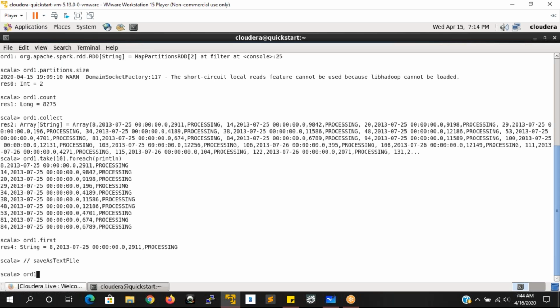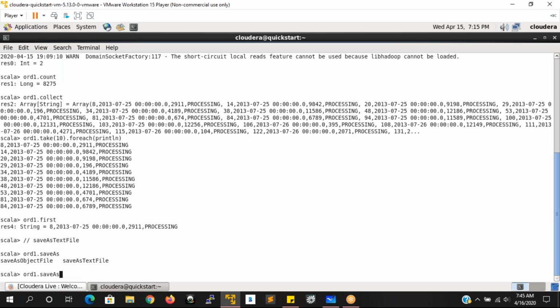So how to apply this action on the RDD? Whenever you create an RDD, r1.saveAsTextFile. If you want to know the different options, just type r1.sa and press tab, and it will give you the list of available formats that you can store your output in.